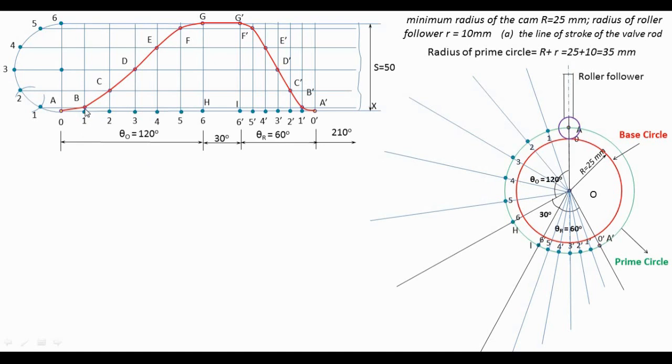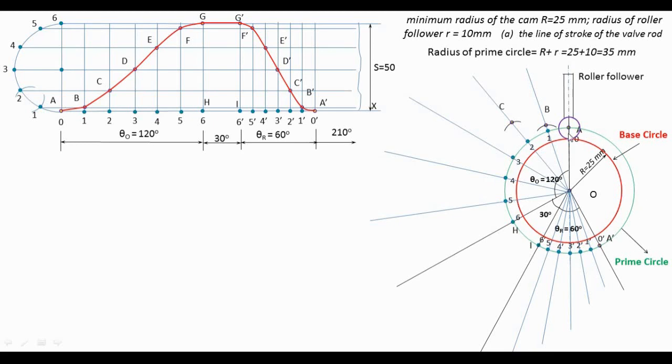Next, take the distance of 1 to B in the compass, put the needle at point 1 and create one arc here. So this is the point B. Next, take the distance of 2 to C in the compass, put the needle here, create one arc here. This is the distance 2 to C. Take a distance of 3 to D in the compass, put the needle. Every time you need to transfer the distance from here